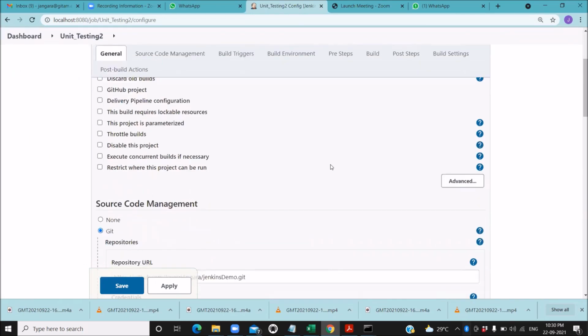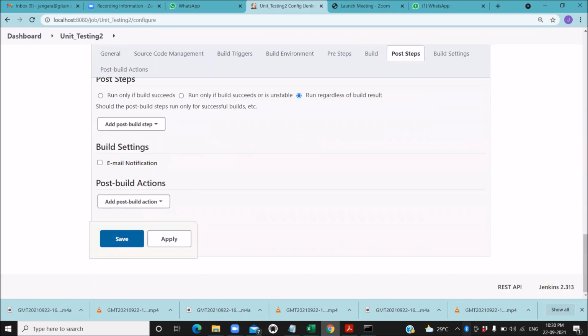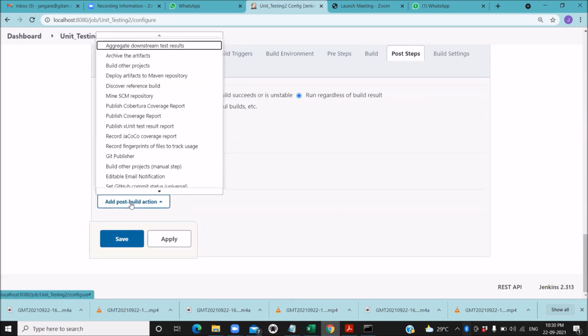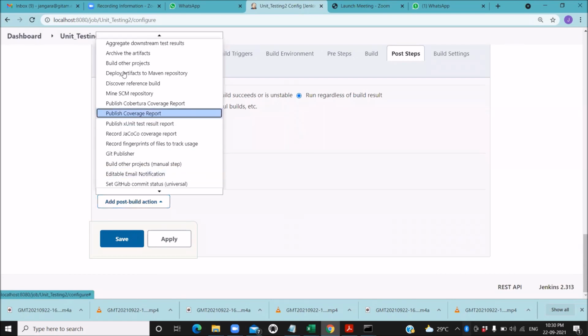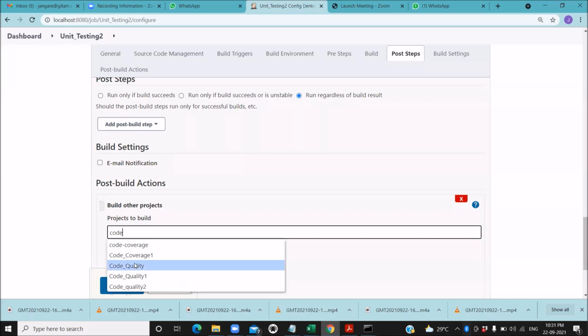So let us go to the post build actions tab. Select the build other projects option. Here you need to provide the name of the job which has to be executed after unit test. So it is code coverage.